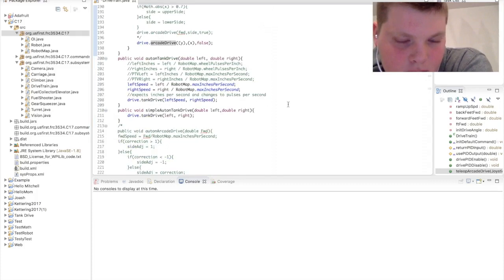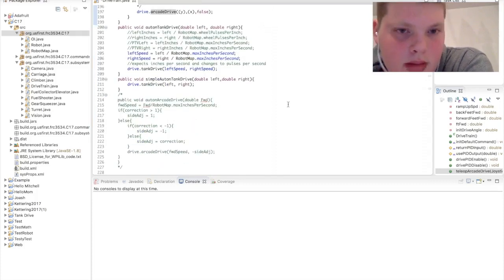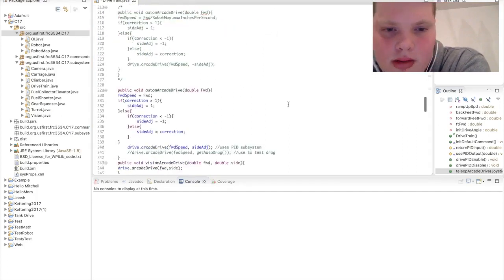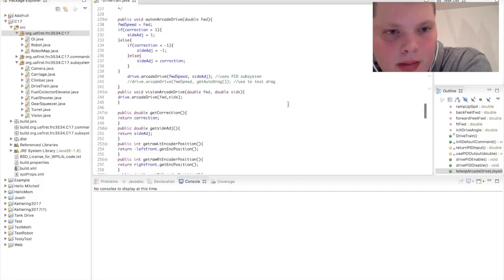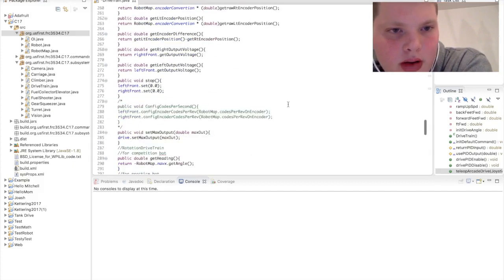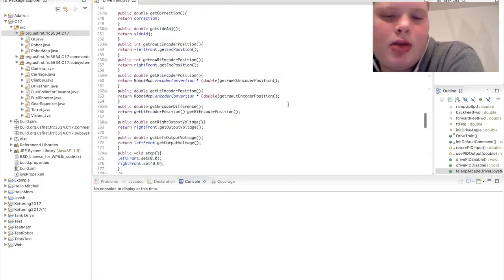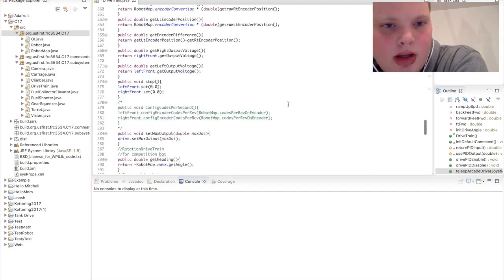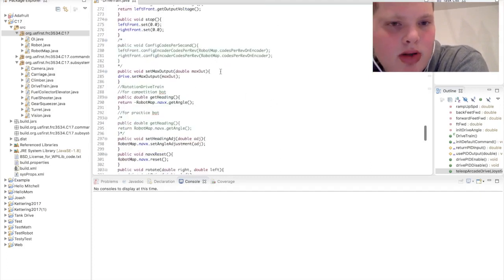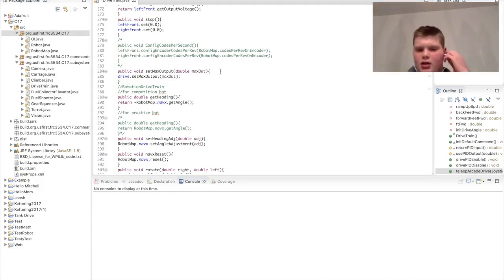Just make sure your robot's not going fast. But you always need good comments. These aren't good comments. These were not done very well. You can see down here, if somebody that hadn't written this code had come in, they would have no idea what this is talking about. So you really need to, at least once at the beginning of the method, just tell what that method is